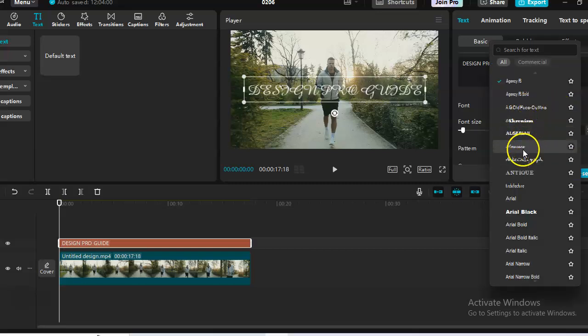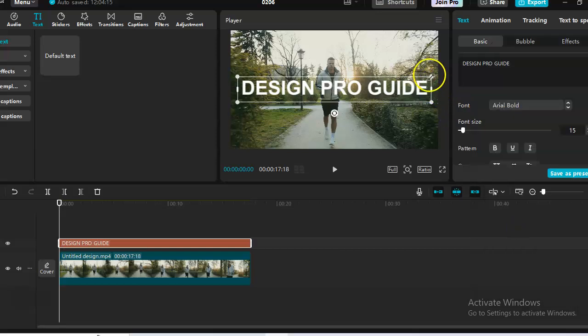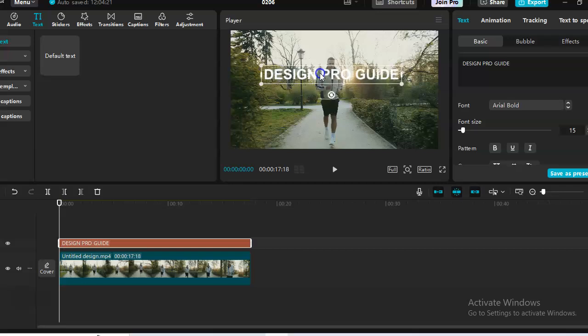Just select the font you want. Okay, for example this one, and here you can just decrease or increase the size, and here you can move it,